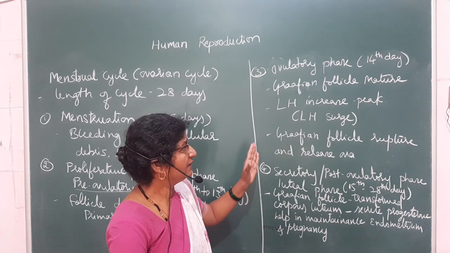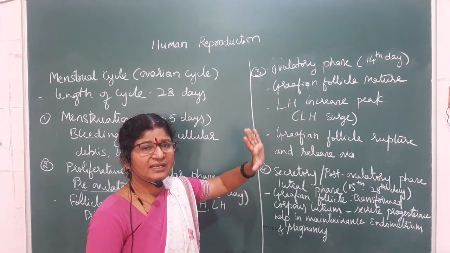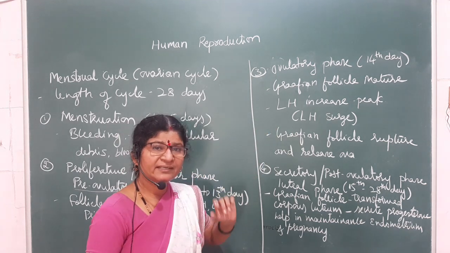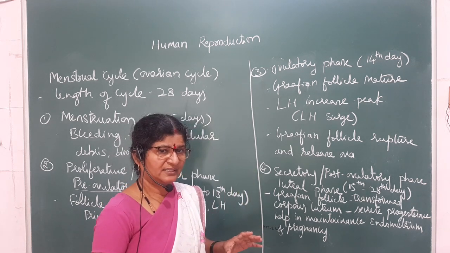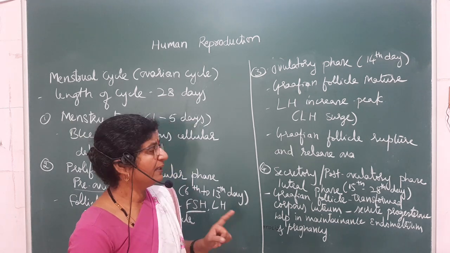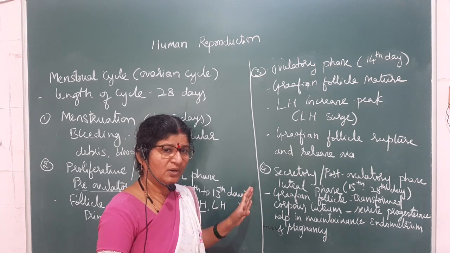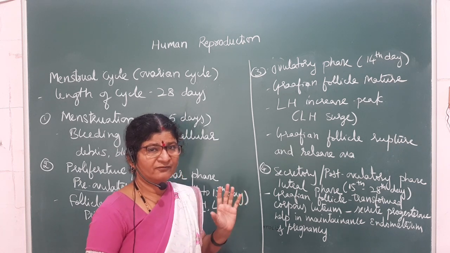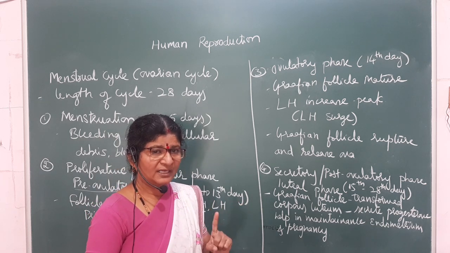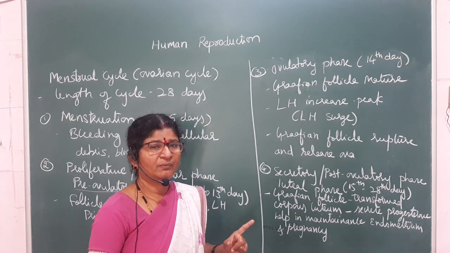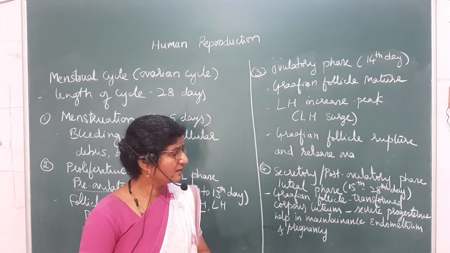Suppose the ova which is released from the Graafian follicle gets fertilized in the fallopian tube, and if it succeeds in implantation, then it results in pregnancy. During pregnancy, the menstrual cycle will not occur, because the female body is designed to hold only one ova, only one embryo. Sometimes, of course, human females can give birth to 2, 3, 4, it depends. We will discuss that a little later.